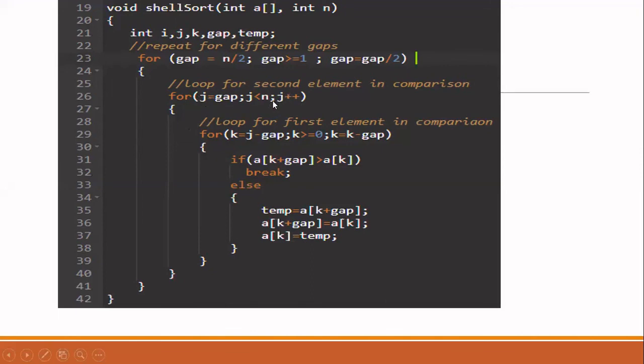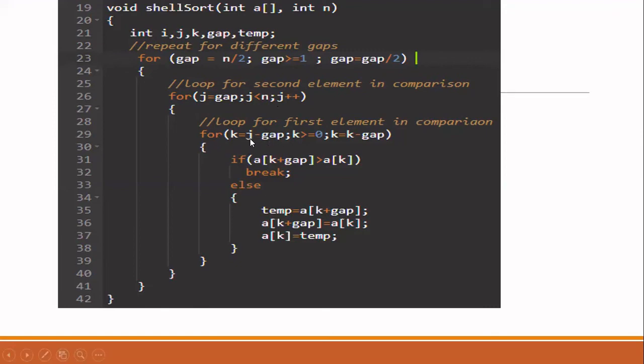Till how long will you increment the index? Till you reach the end of the array. End of the array is nothing but when this j is less than n. Here you set the index of 1 element only, that is the second element only. Now, when you do the comparison, you need 2 elements. So you have to set the index of the other element. For that only we have this for loop.